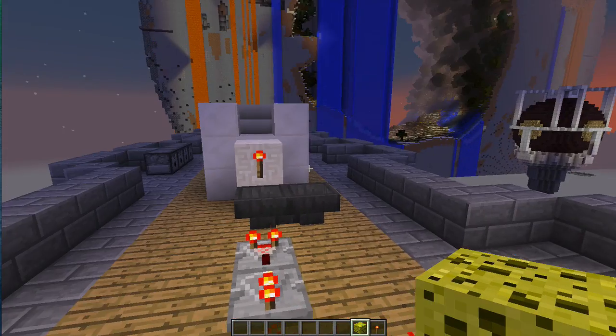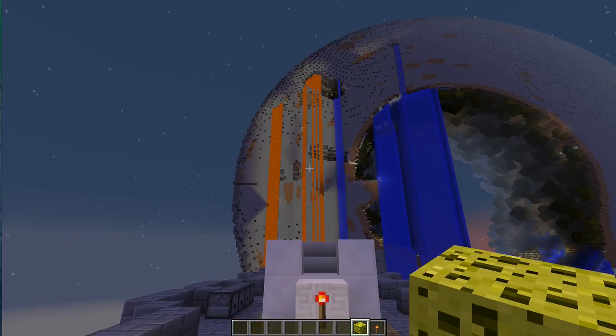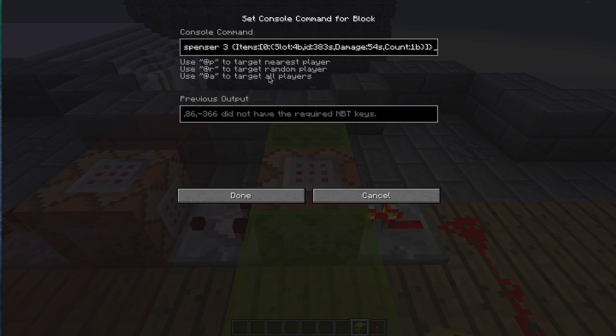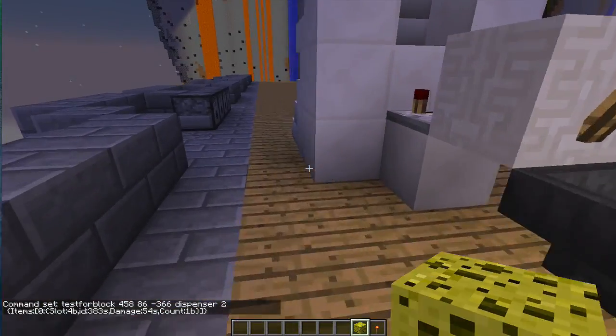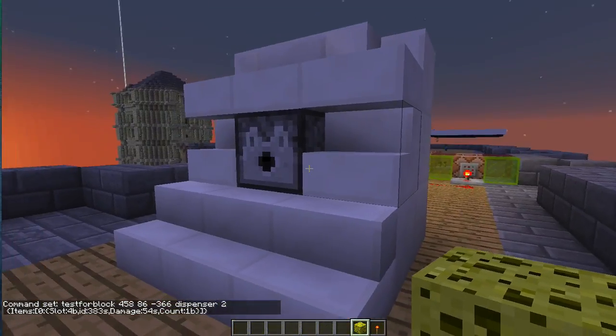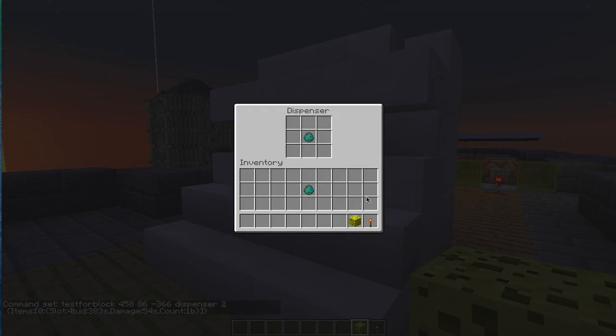So it is actually pointing that way. Okay, so it's pointing in that direction. Okay, if you say direction 2, it won't work. So if I just say 2, and I now go and put my mob egg in, let's see if I've got my mob egg. If I now put my mob egg in there,